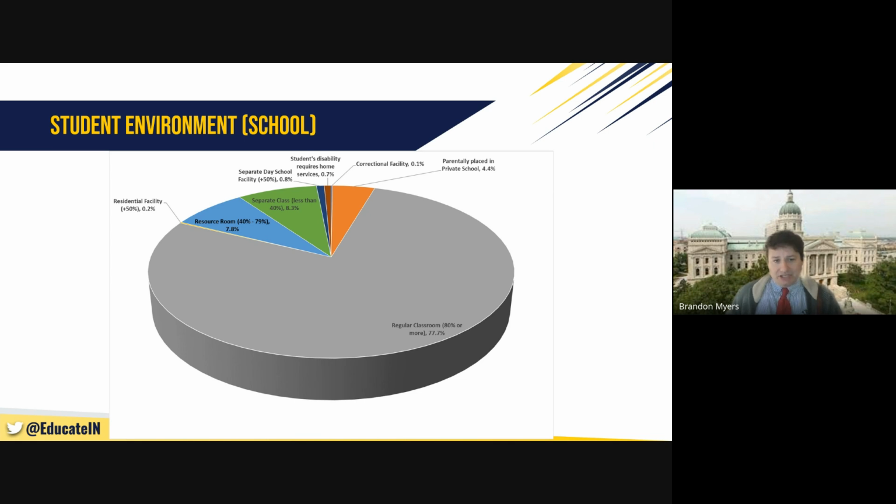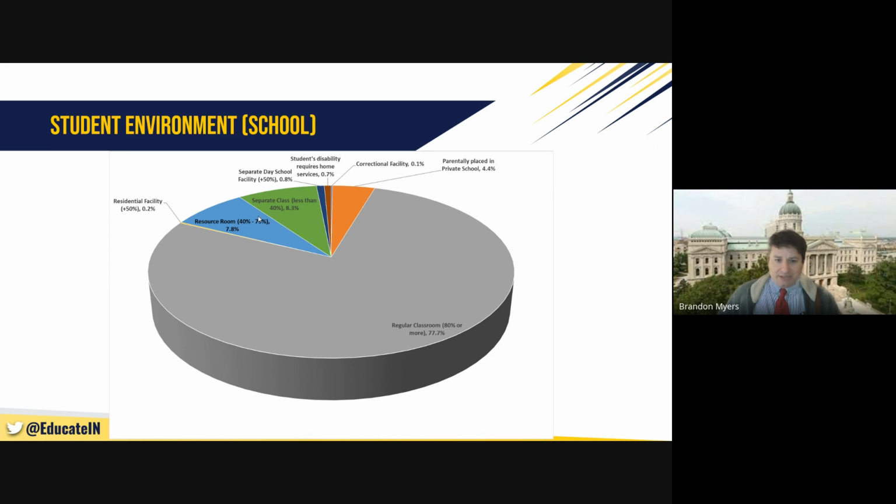the regular education setting, because so many of them are in our general education classrooms. You also have to consider that parental decision takes out 4%. So in a way, it's even higher than that, because these are the children that are on service plans in private schools. And then you see our other categories, which are those children in resource rooms and separate, which means